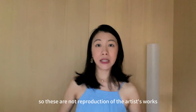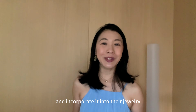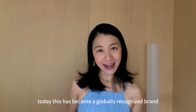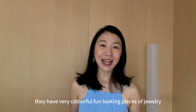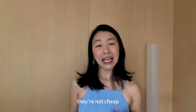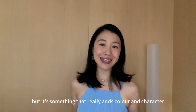So these are not reproductions of the artist's work, but they really take inspiration from some of the famous designs and incorporate it into their jewelry. Today, this has become a globally recognized brand. If you love Hermes pieces but you want something that is less common, then do check it out. They have very colorful, fun-looking pieces of jewelry. They're not cheap. They still cost anywhere between 400 to 800 euros, but it's something that really adds color and